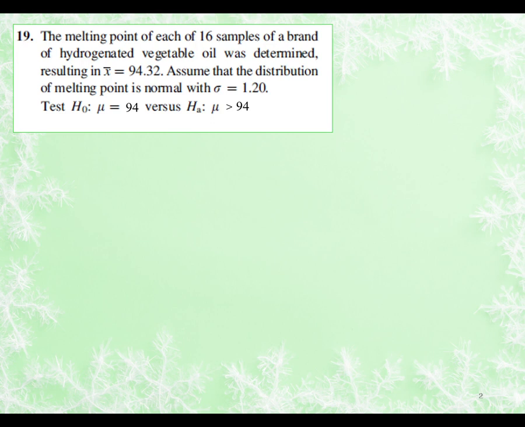Now, we'll look at example 19 again, the edited version of example 19 in your textbook, or question 19, and there we wanted to test the hypotheses that the mean is equal to 94 against the alternative that the mean is greater than 94. We've already defined our alpha in this question as 0.01, so that is just the risk associated with a type 1 error, which is of course the probability of rejecting the null when we shouldn't have, because the